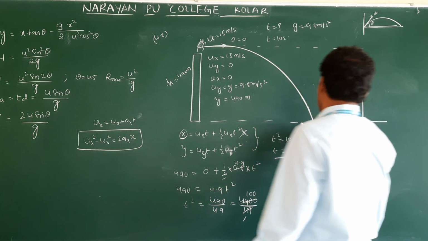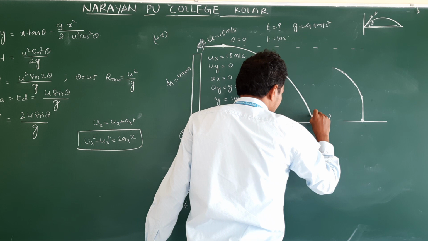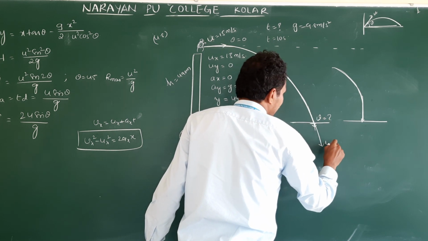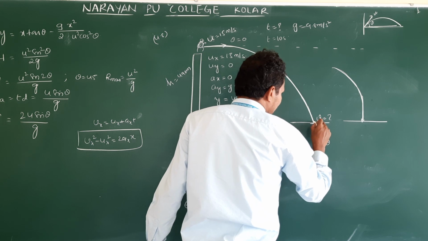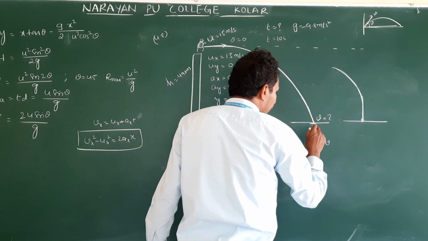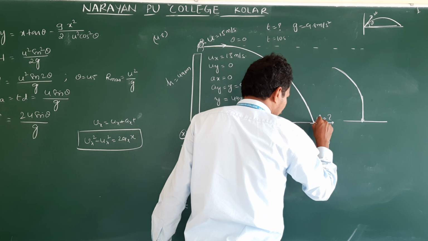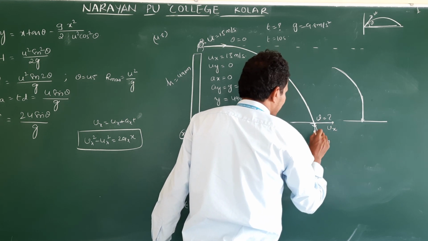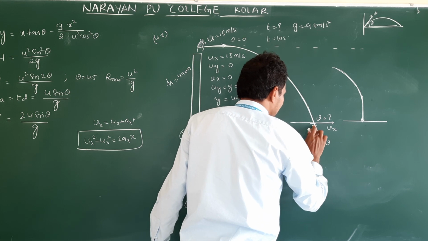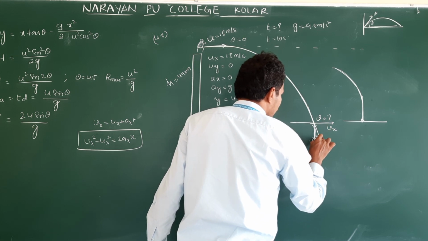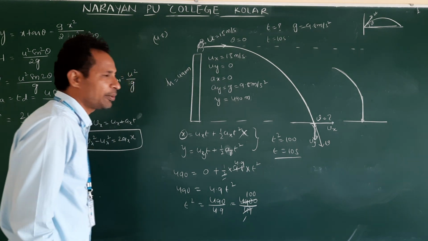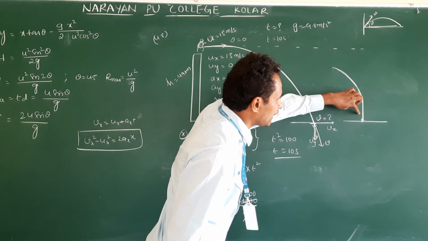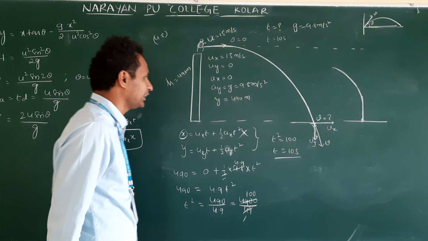What does it mean? It has two velocities. If you draw the tangent, this is the final velocity, and it has one component along x direction, one component along y direction. So we need to find Vx and Vy. Vy acts exactly downwards. Understand? How many components are there? Two components, because it is not hitting exactly vertically. So we need to find Vx and Vy.